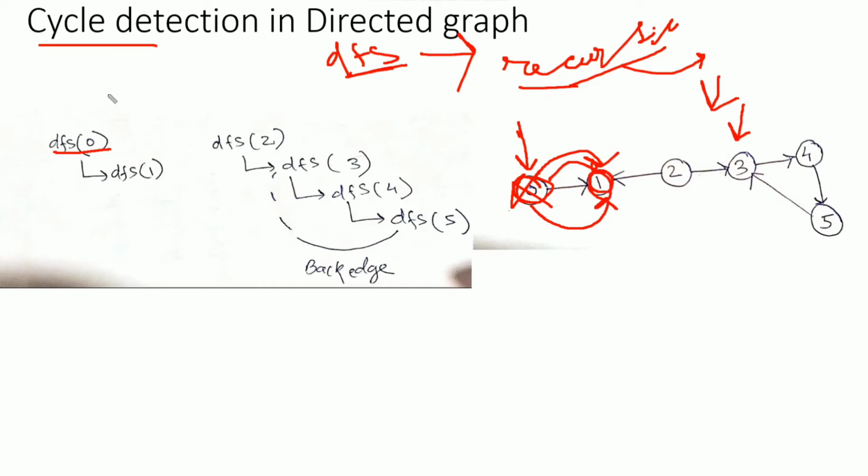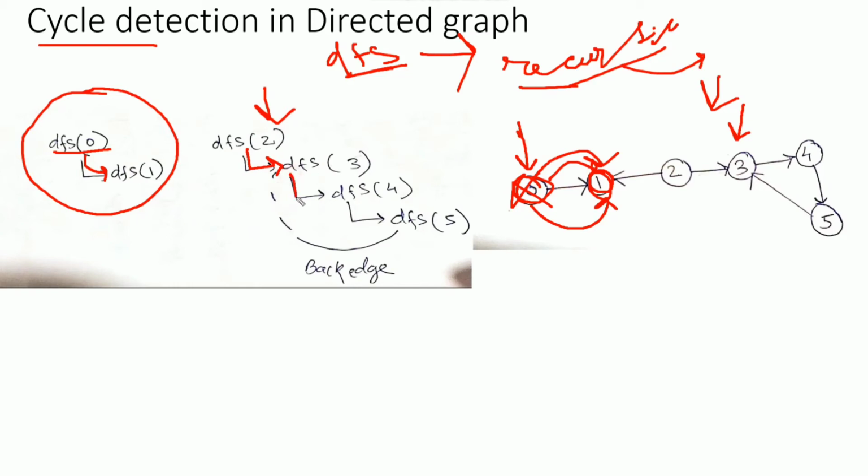So this is our first recursive call, DFS 0 to DFS 1, and from DFS 1 there is no possibility to move to an adjacent vertex. Now we will call for vertex 2. From vertex 2 we can traverse to vertex 3, because vertex 3 is an adjacent vertex and is not visited.